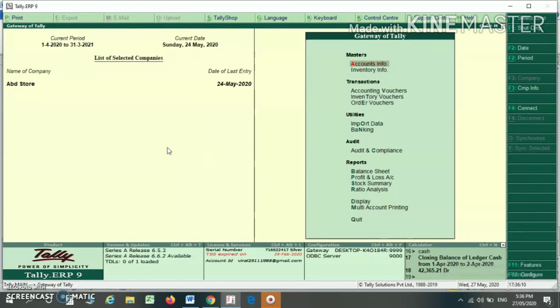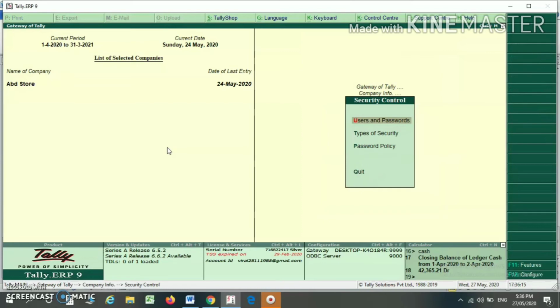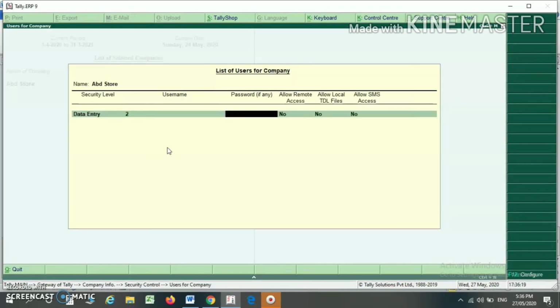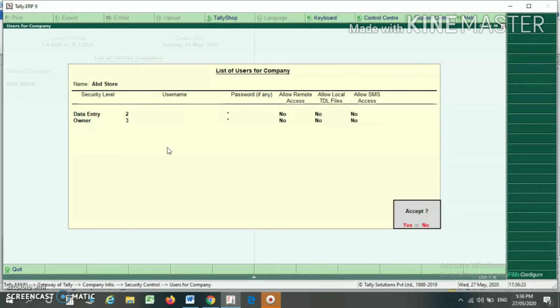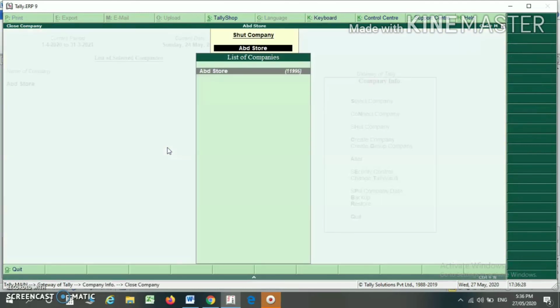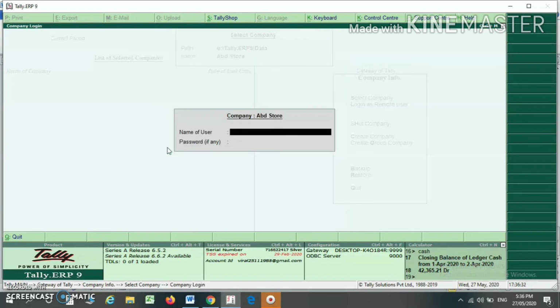Now I am making the various passwords for my various users. Suppose I am making the data entry user ID 2, owner user ID is 3, and I am pressing enter. Now suppose I shut down this company and I am opening this company with my data entry tab.